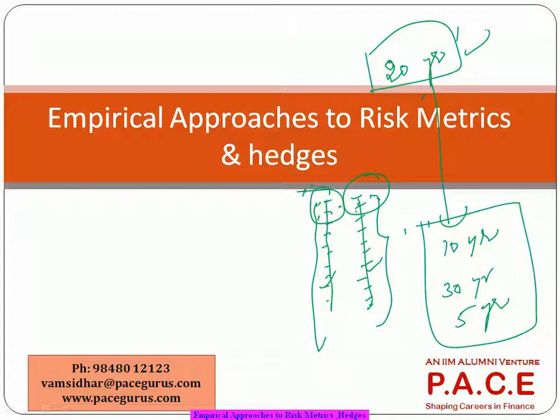Form a multiple regression kind of an equation. Take such data yesterday, day before yesterday, 1 month back, 10 months back, 5 years back. What were the historical numbers associated with the portfolio which you want to hedge, versus the securities with which you want to hedge your portfolio? That regression equation, whatever the coefficients that are derived for that regression equation, that is what are the weightages you are trying to give to each of the securities which you would like to invest in. That is what we are calling an empirical approach, because any empirical approach is where you derive the formula